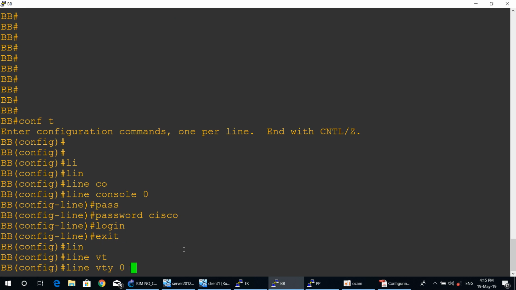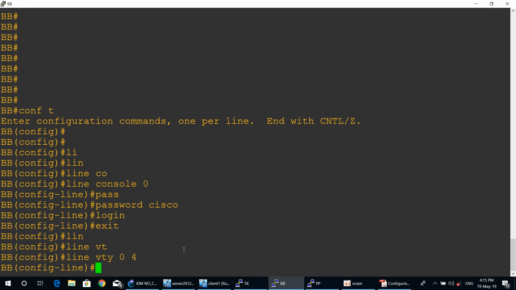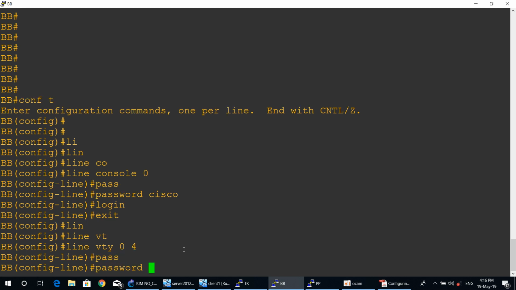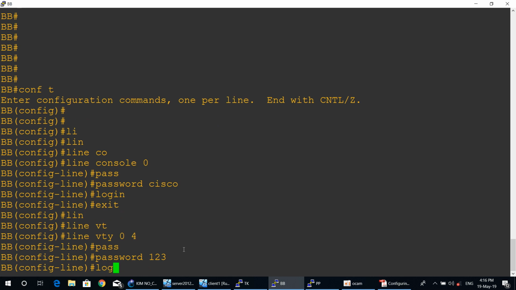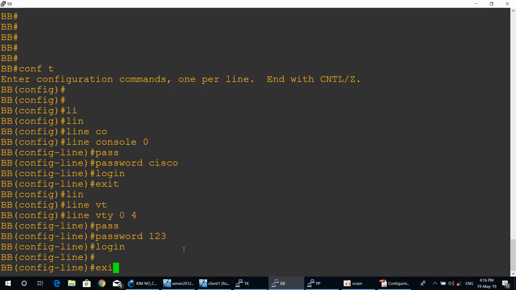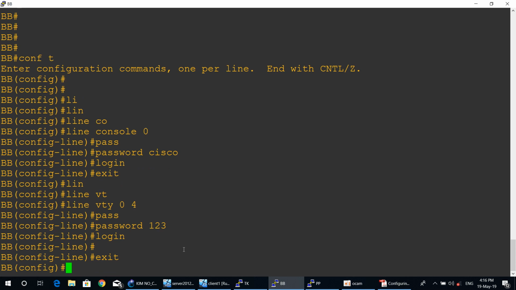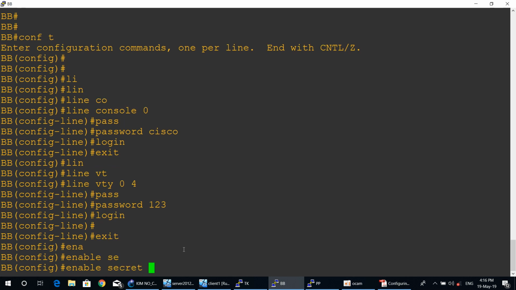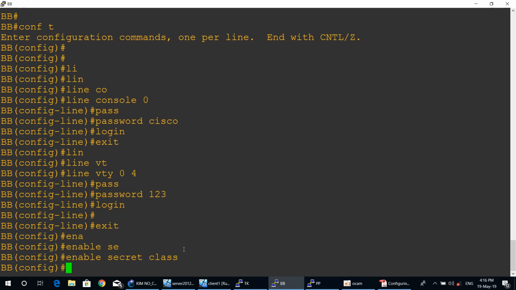vty 0 4. It means we select five lines, allow five users can remote access from client machine to router BB at the same time. Okay, and then with the command password 123 login. Okay, and then exit. Okay, and then we will configure the enable secret password with the command enable secret class. Okay, so now we already config password on the router BB, and then we will move to config password on